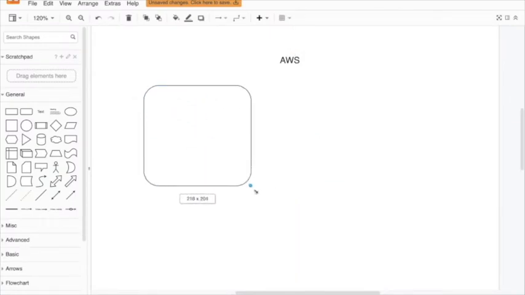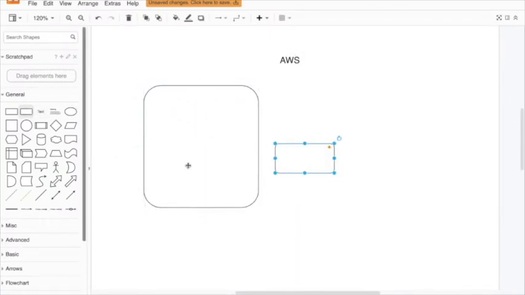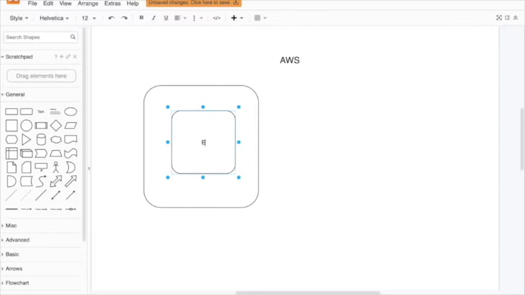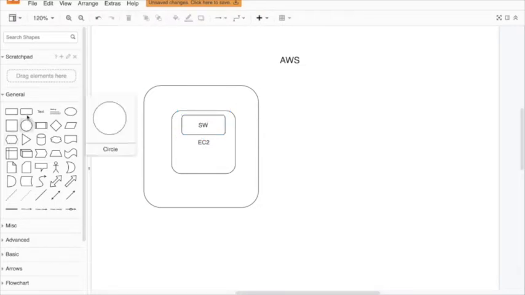Inside AWS, we usually create an EC2 instance. In the EC2 instance, we configure all the necessary software, as well as a web server or application server.